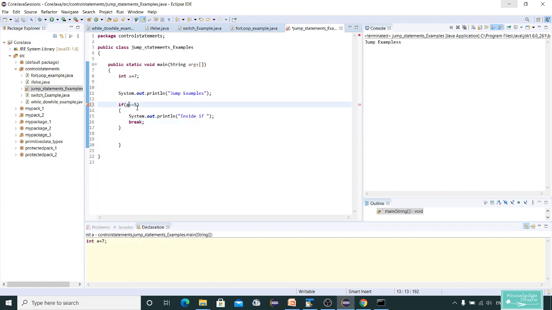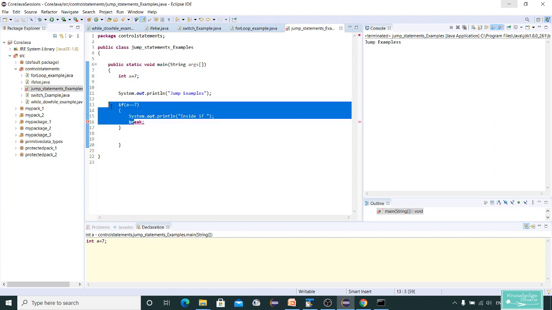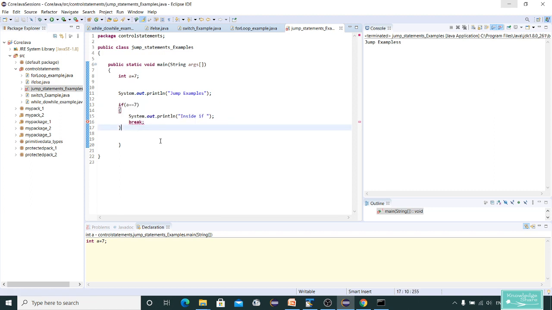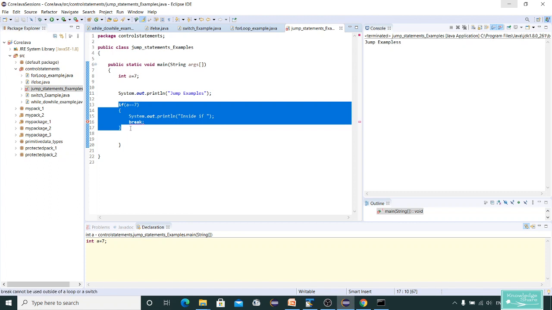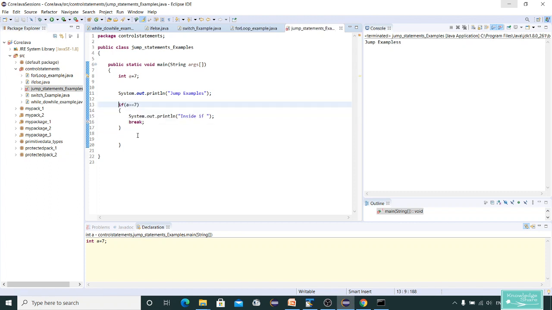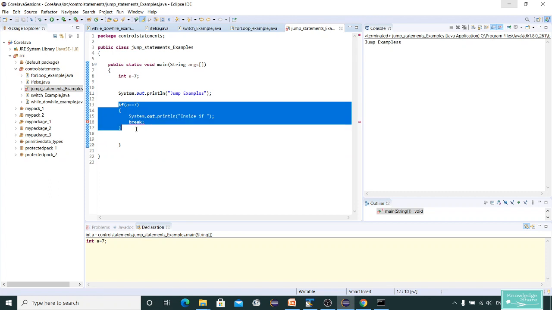You can see the error it is throwing: break cannot be used outside of a loop or a switch. So you cannot use it in a plain conditional statement. You can use it only in loops or a switch. Of course you can use it inside an if, provided that the if is inside a loop.